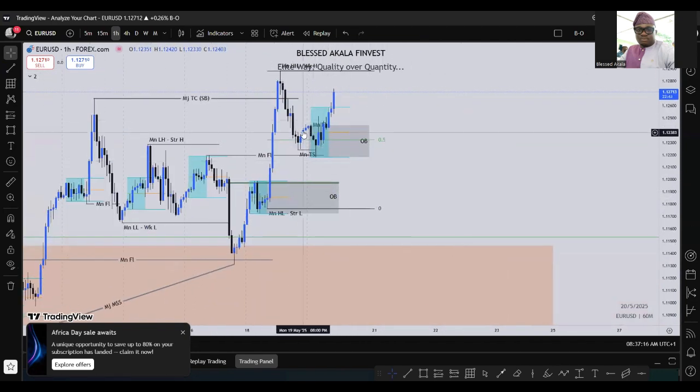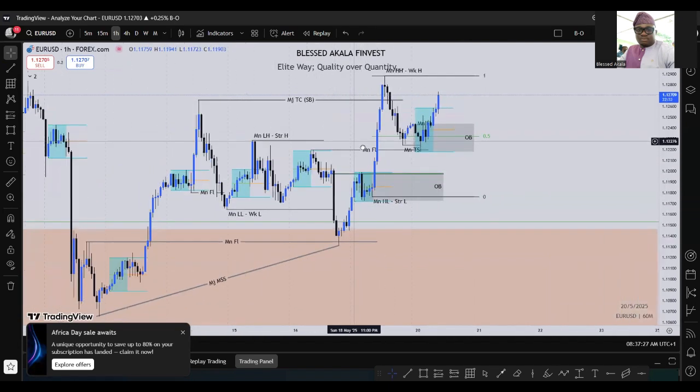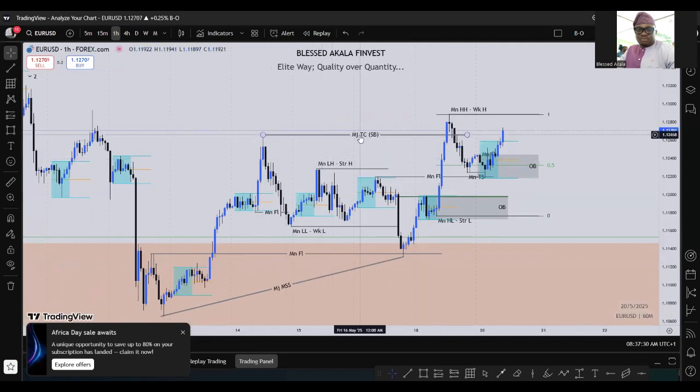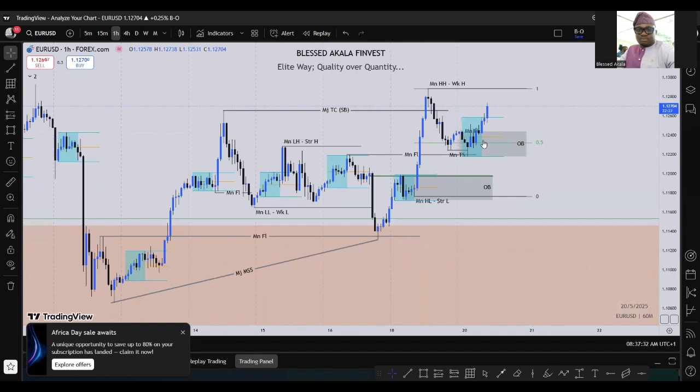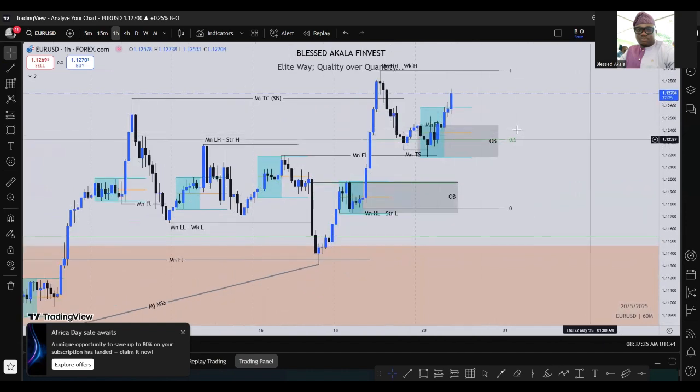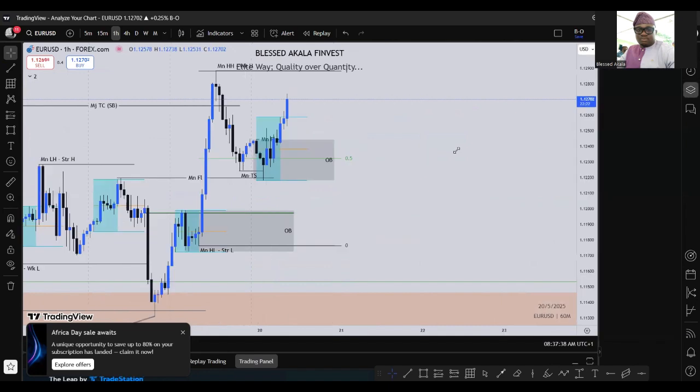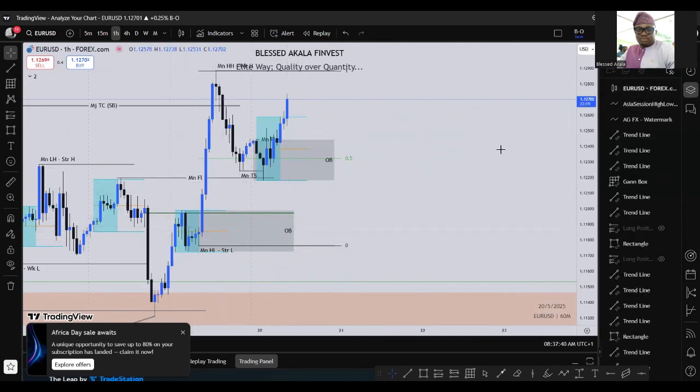So since we have it, we've got to look for another opportunity. And what happened here might still be repeating itself somewhere. But we never know what will happen eventually. We just give our projection on the market and try to see if there is anything we can capitalize on. So the only thing I want to be capitalizing on at this particular level, number one, is if we have a shift here on lower time frame and it breaks this low, then automatically I'll know that we are coming for this other block that we have below here.